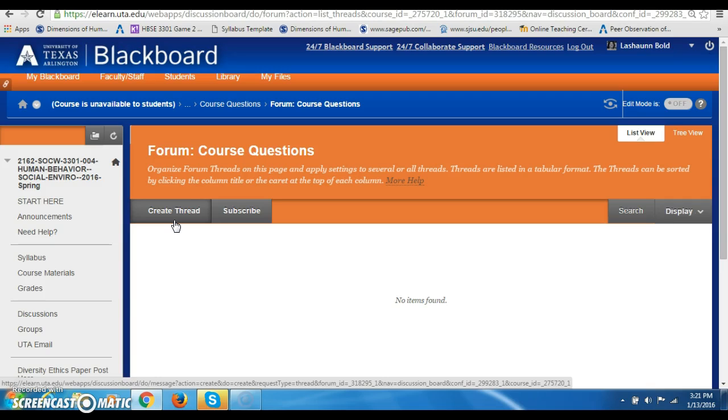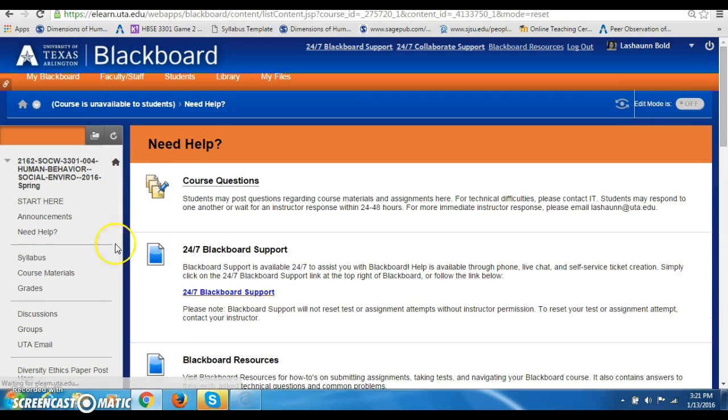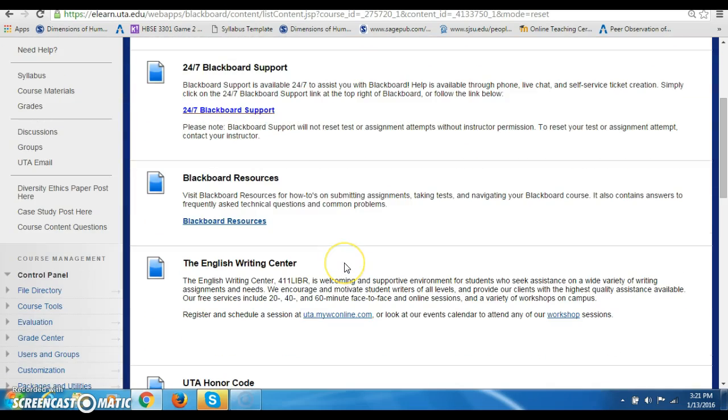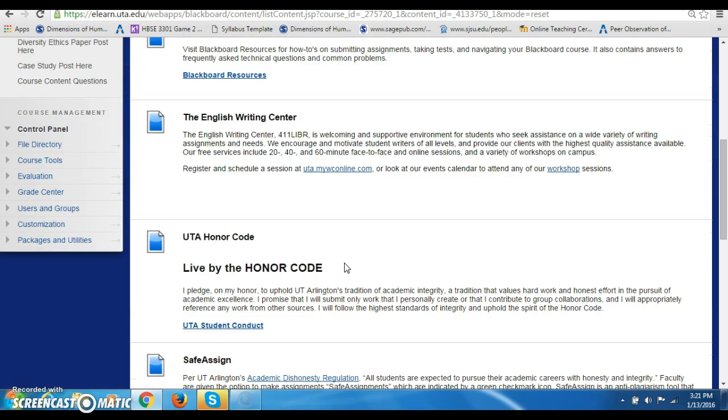If you need something sooner than that, then please feel free to email me, because I'll see that faster than I will refer to this area here. I usually check this area a couple times a week as well. Okay, so that was the Need Help area, and it has the Blackboard support and the Writing Center support,